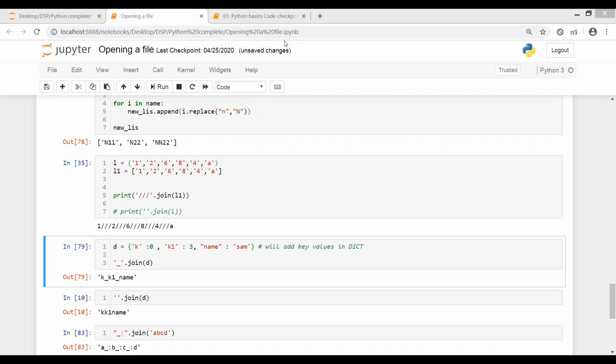Yes. As Anusha told, they should be strings. This is a text operation. You cannot perform it on these numbers. Anybody still left out that is doing? Akash, is it done now?